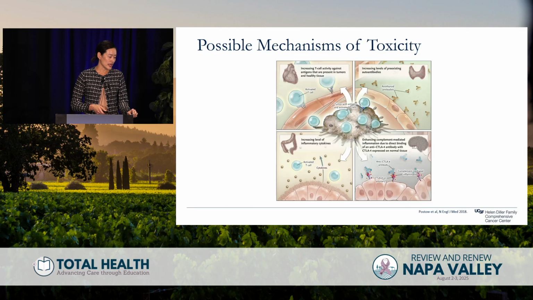Is it possible that PD-1 blockade can modulate humoral immunity as well as T cell mediated immunity? In other words, for something like thyroiditis, is it possible that there's some enhancement of pre-existing anti-thyroid antibodies in the body? There are also elevated cytokine levels in colitis models. So ultimately, I think there's not just one answer here, and the mechanism of toxicity likely does vary depending on what organ system is affected.